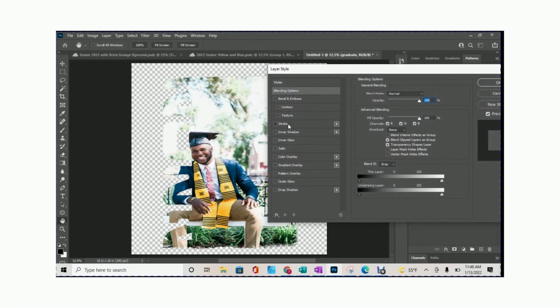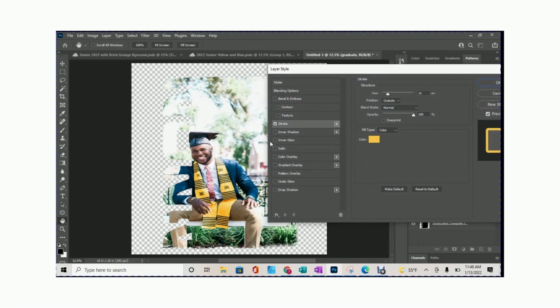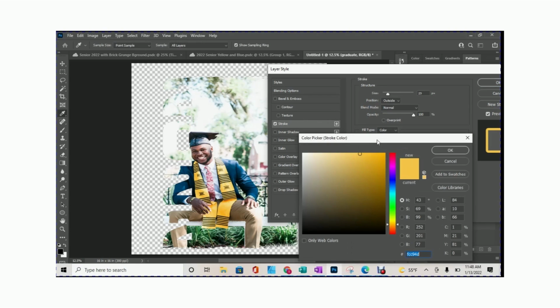So you're going to click stroke. Right here where it says color, you can choose whatever color that you want your outside stroke to be. I kind of want to color coordinate with the colors that he has on. So for my colors, I am going to choose that blue that he has in his suit.